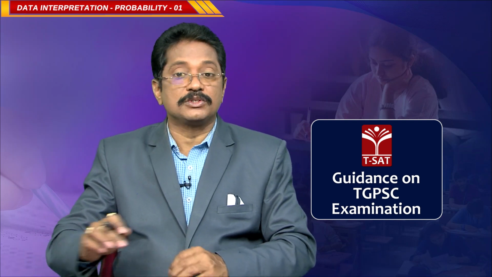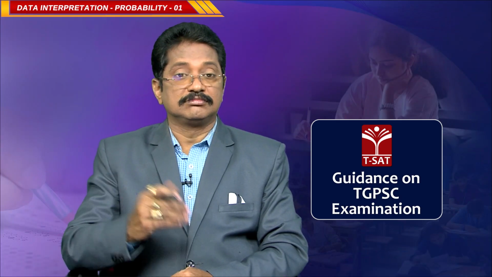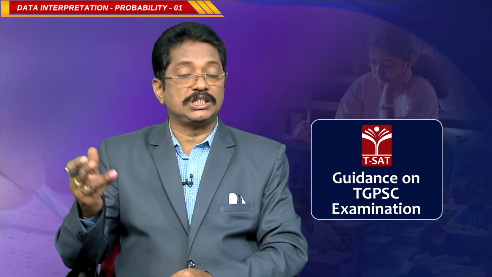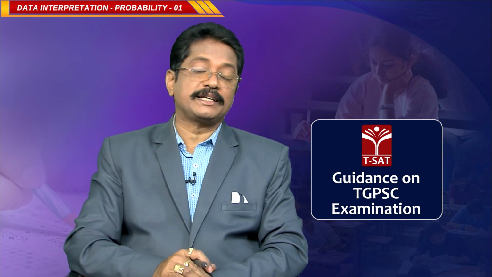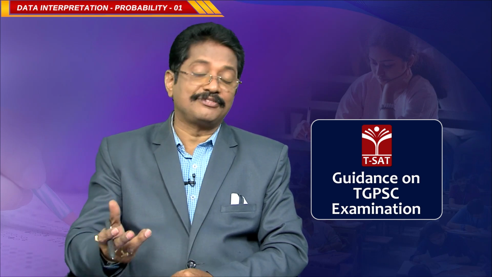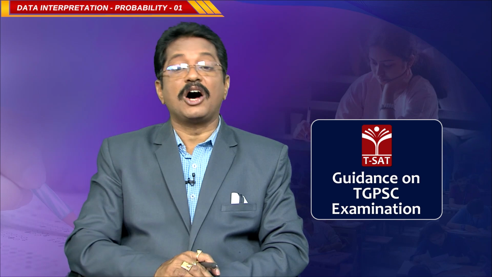Okay, now we are shifting to our next question. Before going to discuss this, I am going to say what an outcome is. A possible result of a random experiment is called an outcome. As already said, when a coin is tossed, the outcomes are head and tail. When a dice is thrown, the outcomes are 1, 2, 3, 4, 5, 6. When one card is picked randomly from a deck of cards, we have 52 possibilities. These are called outcomes.